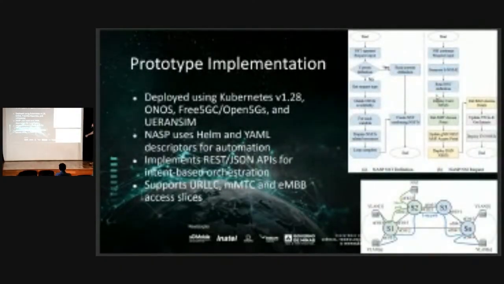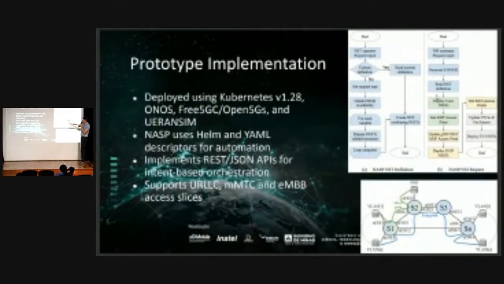The prototype implementation uses cloud computing native tools. For example, deployment using Kubernetes in the core and the other parts. For example, okay, we have one monolithic RAN, not using Kubernetes, but now we configure one Open RAN. Okay, we are using Kubernetes too.